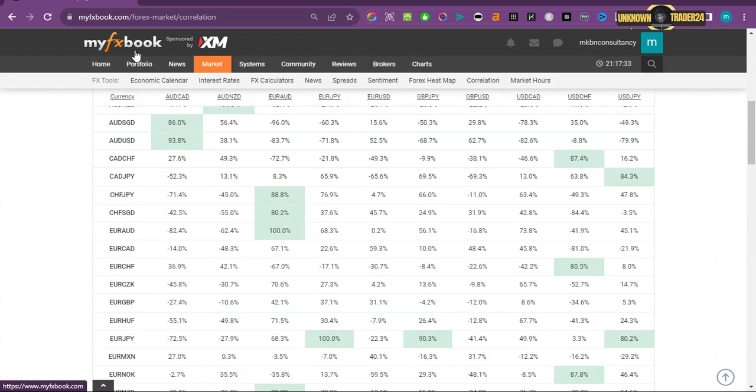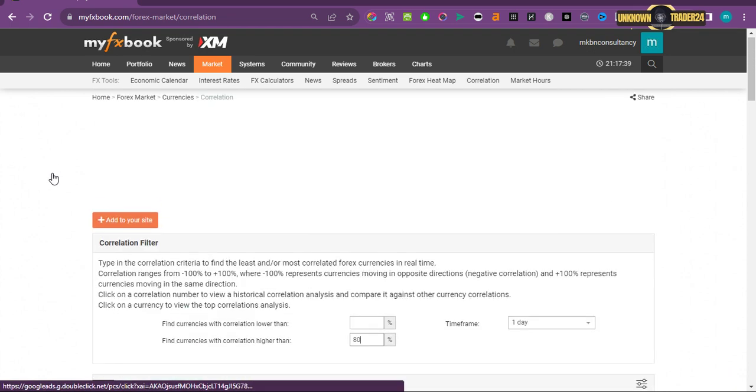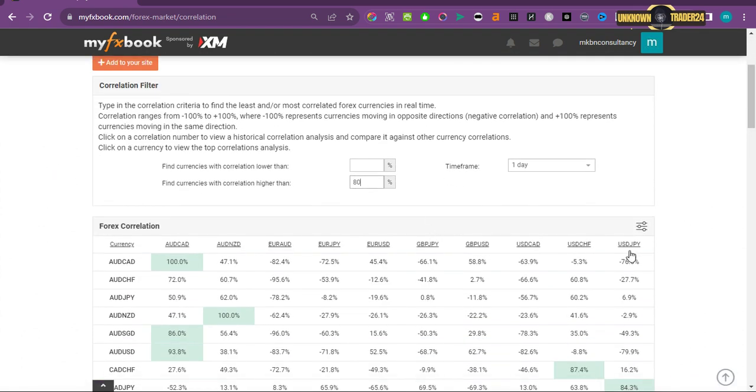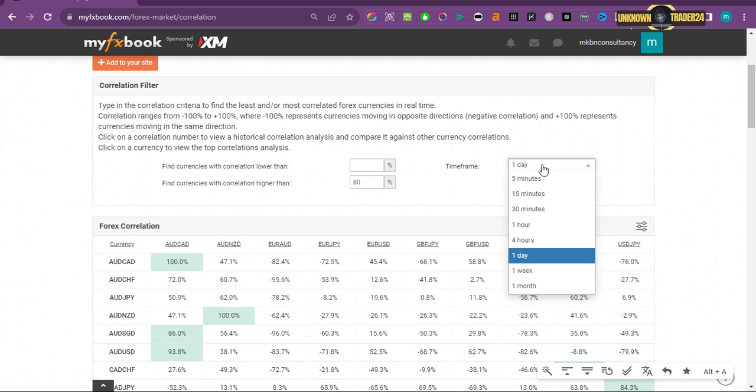This is a free website called My Forex Book. You just sign up and it's a pretty good website. Then all you do, you just come here. You can select the currencies that you want by clicking here, and then you can find currencies with correlations higher than 80% or lower than 80%. What I want is currencies with higher. I told you correlation is the relationship between currencies. If it's strong, then